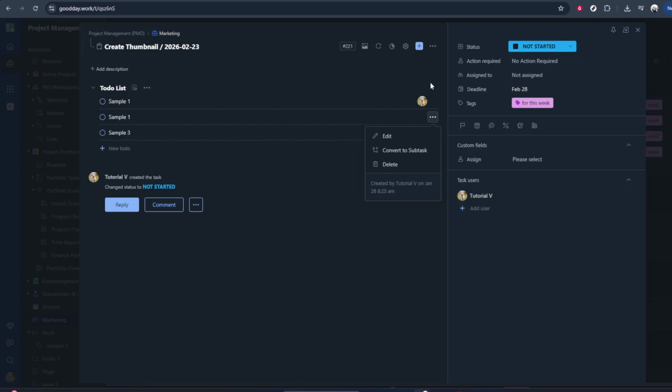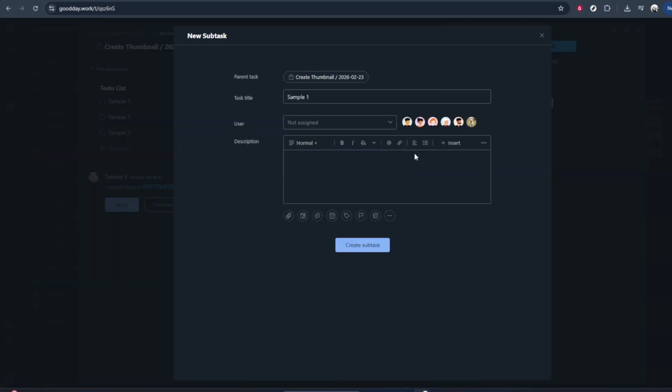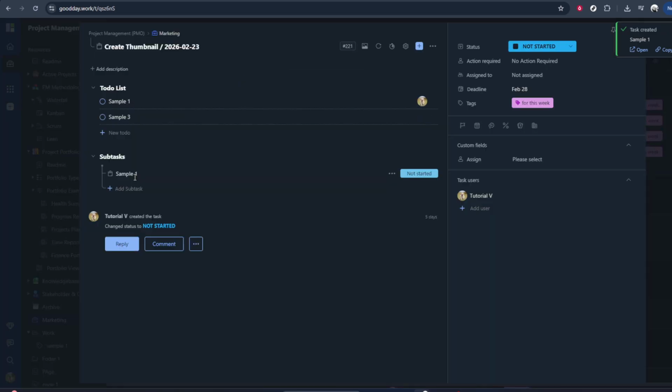Among those options, look for the one that says Convert as Subtask, or a very similar phrase. Click on Convert as Subtask. At this point, GoodDay may ask you to choose the parent task that this to-do will belong to. Select the main task that should contain this item as a subtask, confirm your choice, and let GoodDay process the